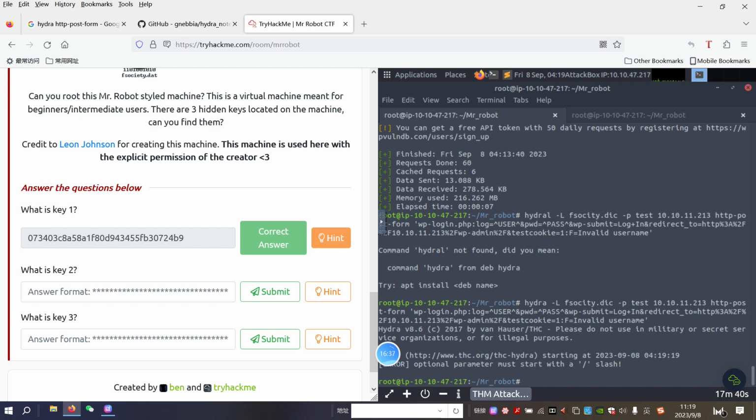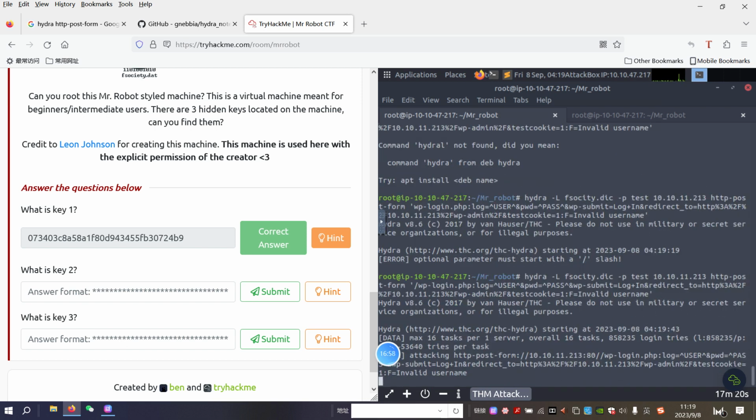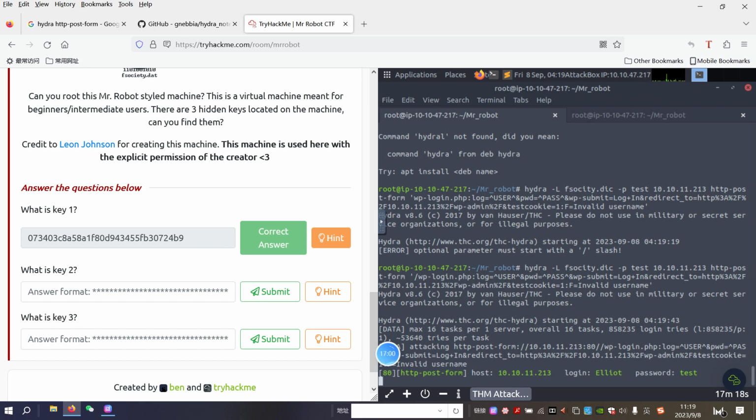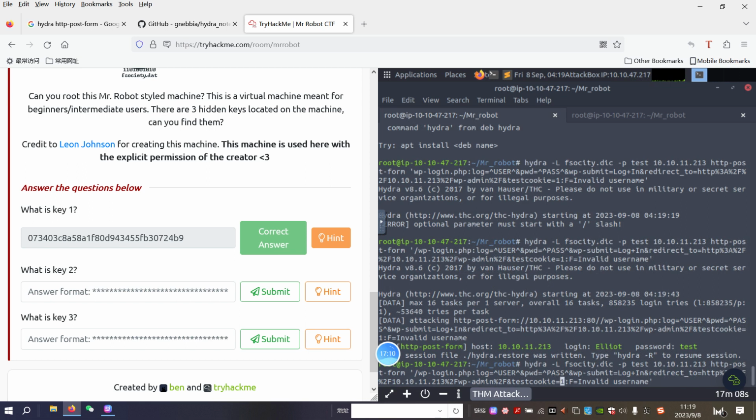Must start with a slash, optional. Oh, sorry. It means that we need to put the slash in front of the wp-login. Yeah, because we understand the error message. Let's hit enter. We got the username. So now I think we also use the same dictionary to crack the password. The process would be very similar. But now we can